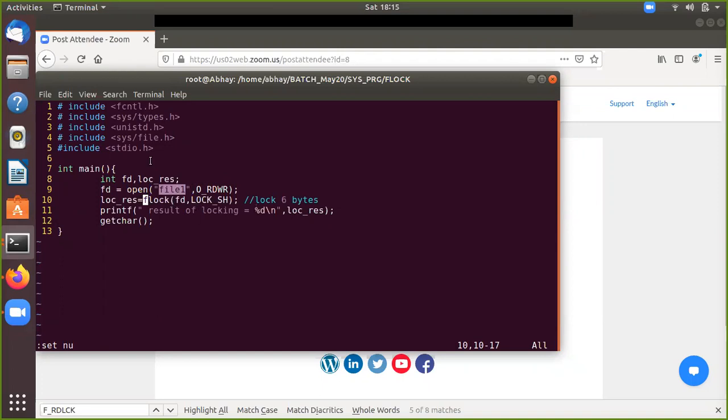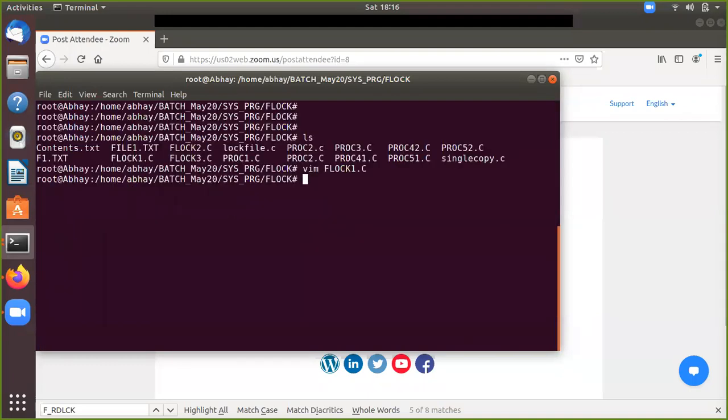Now, when flock is successful it is going to return 0, and when there is a failure it is going to return -1. You can capture the failure code using perror. Once you run this program and it is successful, it will give you 0, which is the return code of flock.